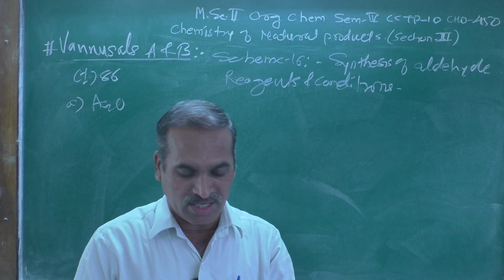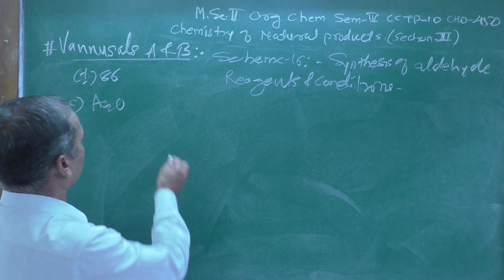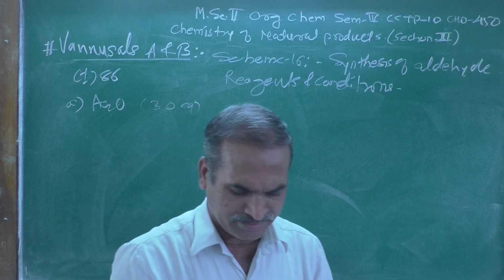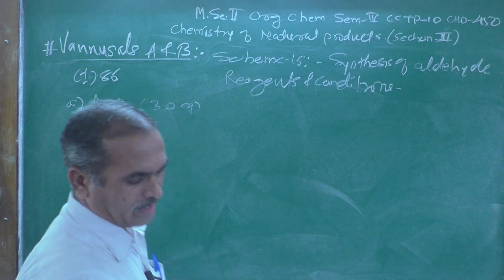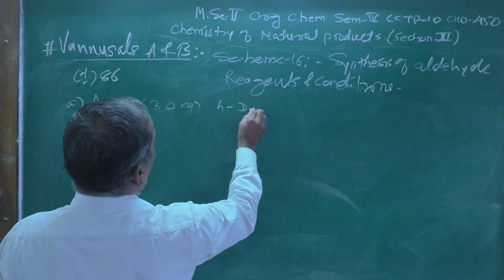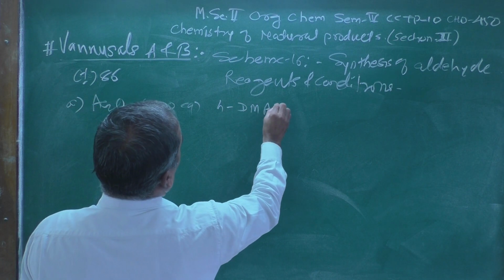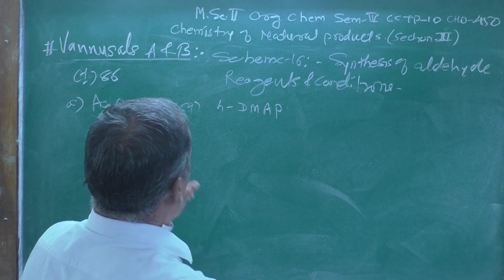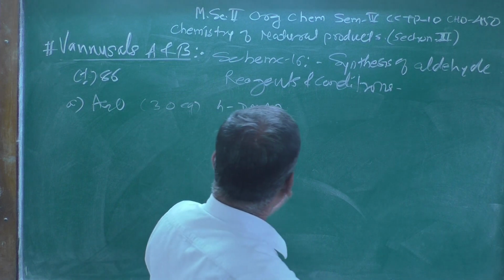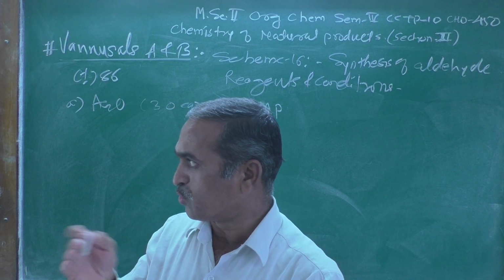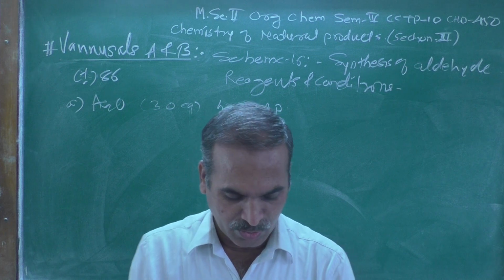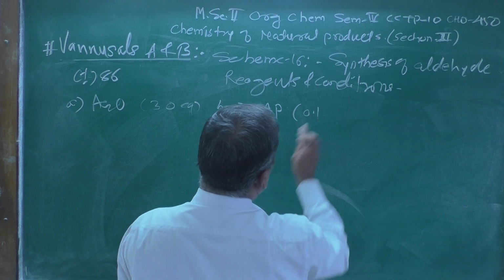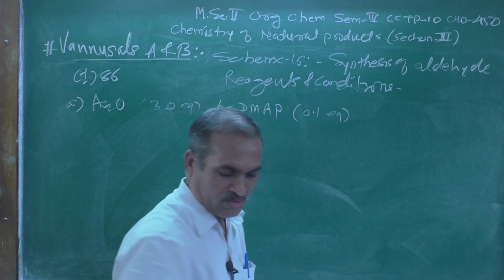Ac2O means acetic anhydride, which was taken at about 30 equivalent, followed by DMAP. DMAP means 4-N,N-dimethylaminopyridine, which was the additive used during this reaction and was taken at about 0.1 equivalent, followed by